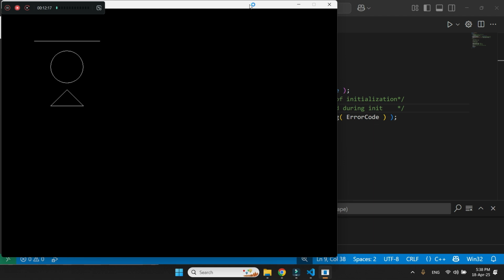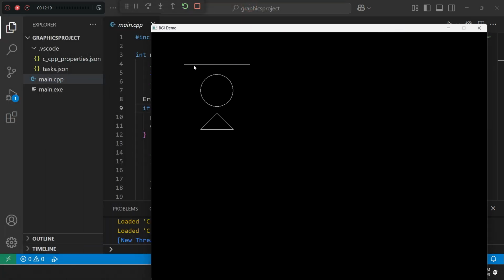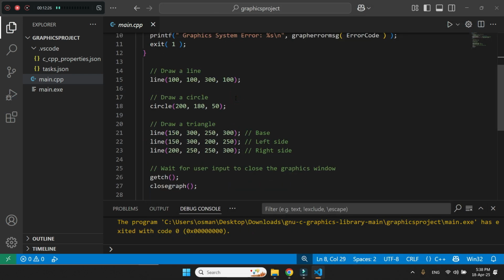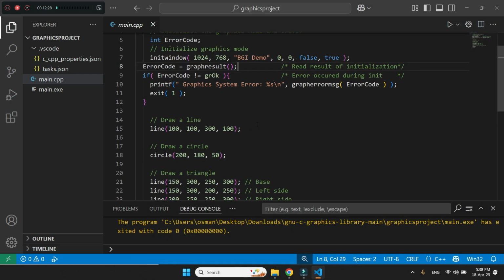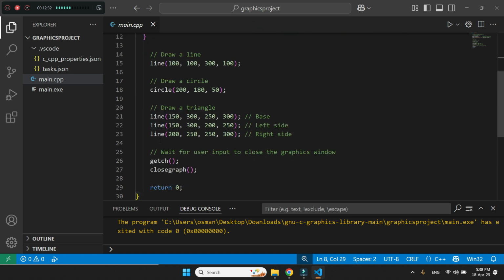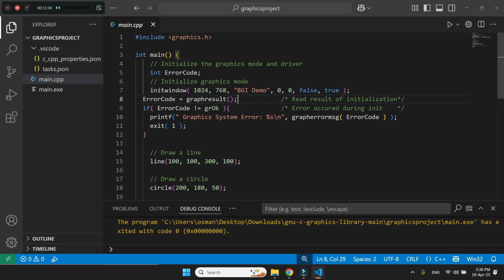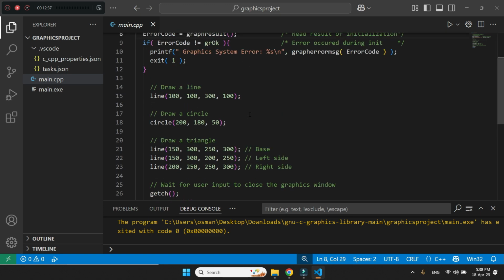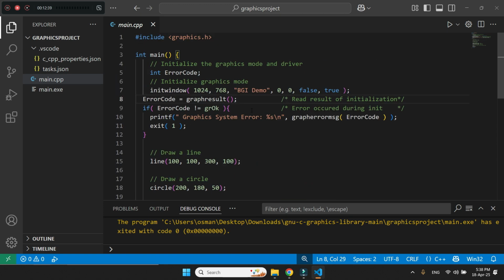And here we can see the output. Here is a line, circle and triangle drawn through the graphics. So here is a simple line, circle, and then here's a triangle, and we are using the built-in methods of the graphics library that are provided. And now